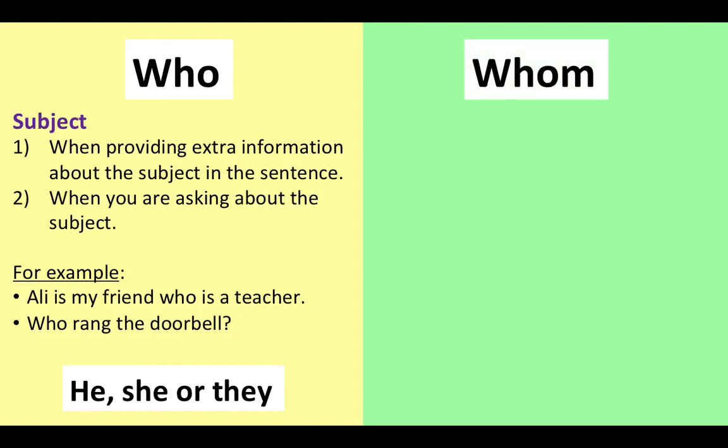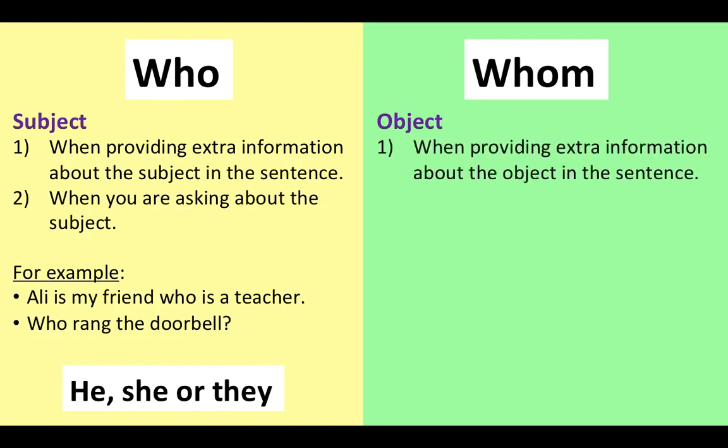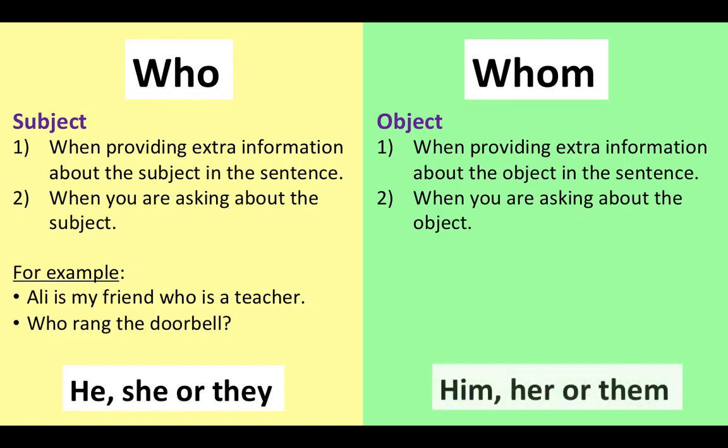Whom. Whom is used when referring to the object. This is the receiver of the action. We can use whom when providing extra information about the object in the sentence, or when you are asking about the object. Again, an easy way to know when you need to use whom is if you can replace the pronoun with him, her, or them, or if you can answer the question with him, her, or them. For example,